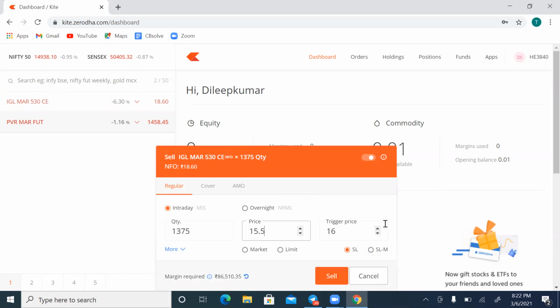So if it is going up, fine. Otherwise, if you are placing your SL at 16 to 15.5, when the price of the stock comes to 16, the exchange will get a notification from us, and it will start waiting for a bid that comes between 15.5 and 16. It will execute our trade, and you will be in safer hands. Okay, this is how you have to place the SL for your orders.